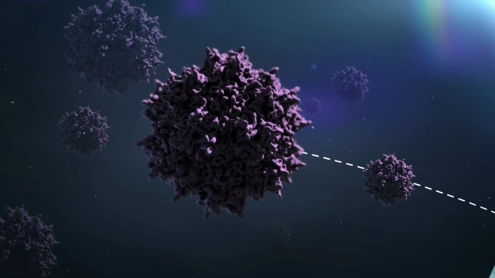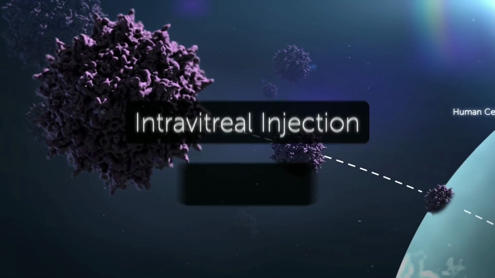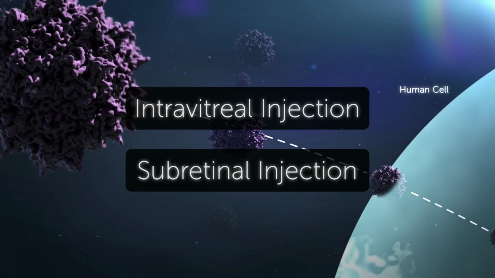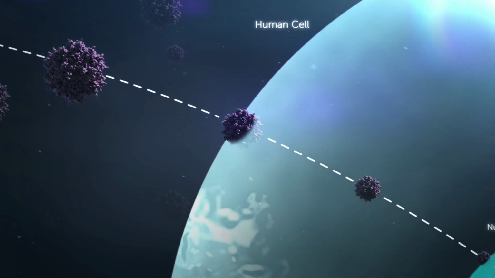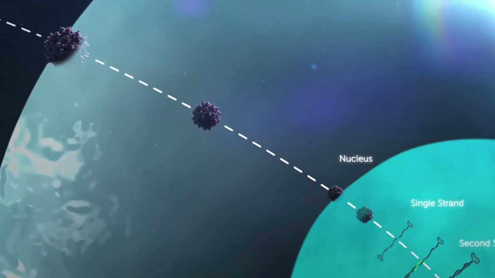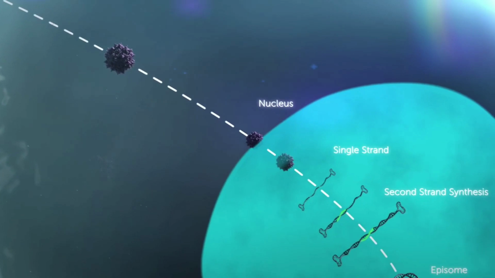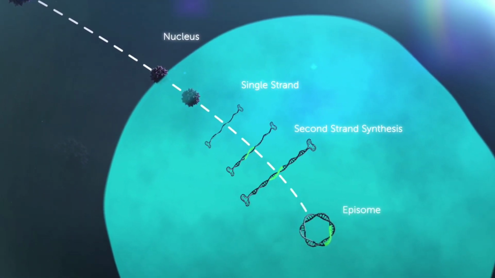AAV vectors are delivered to cells in the retina by routine ophthalmic delivery methods, such as intravitreal or subretinal injection. Once administered, AAV vectors enter the patient's cells and deliver a copy of the functional gene directly into the nucleus. Once inside the nucleus, the functional gene can support the production of the normal protein and correct the underlying cause